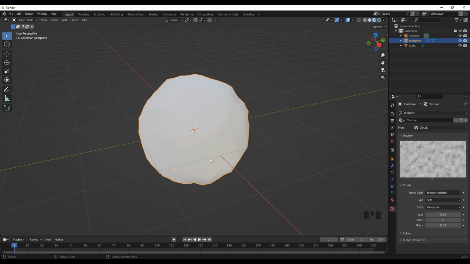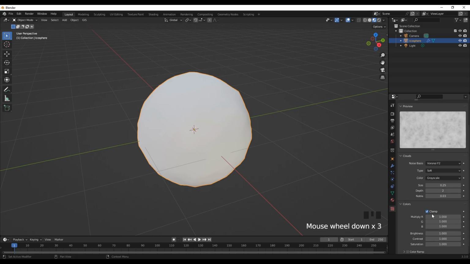Okay, now we are nearing our objective, but still there's a lot of work to be done. So type is clouds, and then let's see what we can change down here. Clouds, the noise basis, let's change this. Let's try Voronoi F2. Okay,